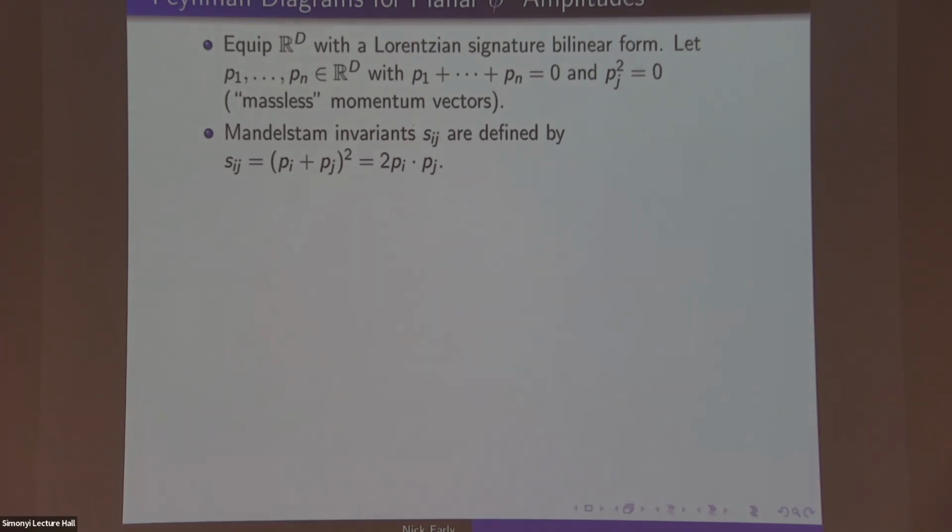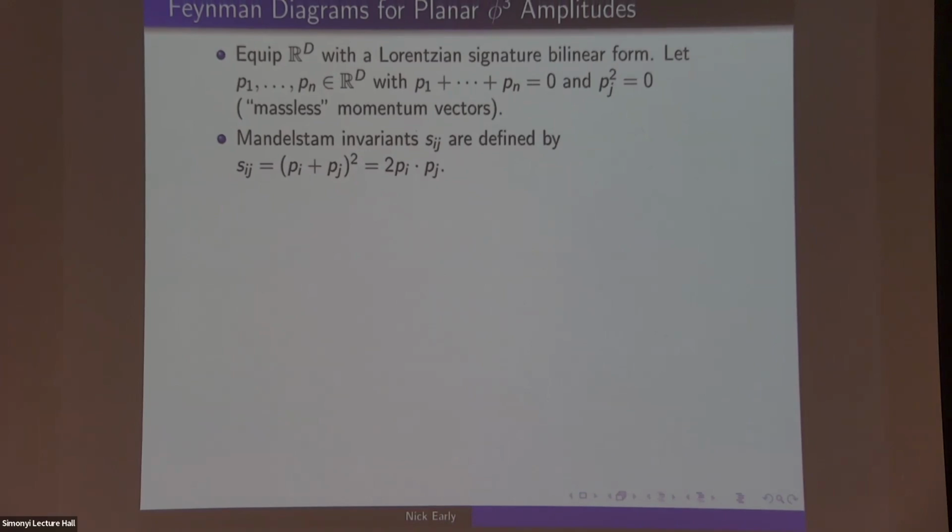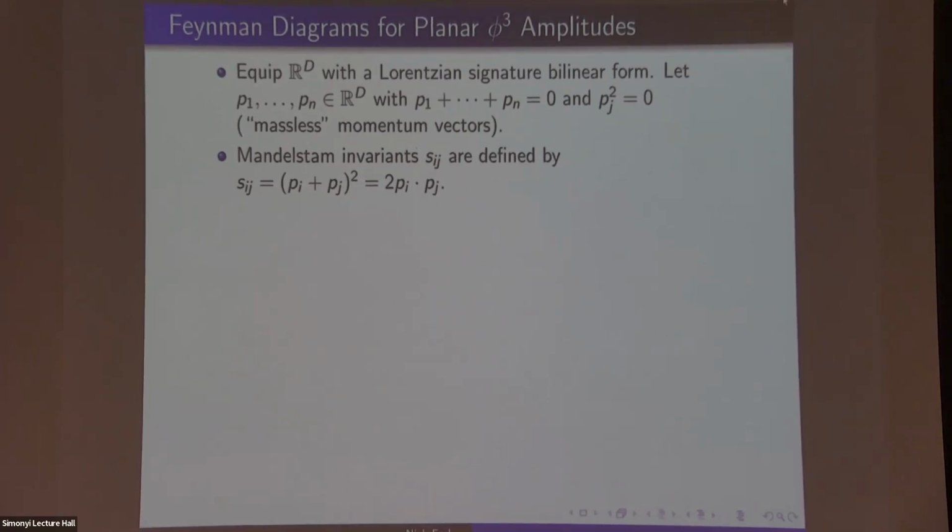Okay, so let's begin. The physical framework: we're going to take some d, usually bigger than or equal to 4, and equip R^d with a Lorentzian signature bilinear form. We'll take n momentum vectors, p1 through pn in R^d, such that they sum to 0 and have norm squared equal to 0. That's the massless condition. We're going to define Mandelstam invariants, S_ij, to be the square of the sum of p_i